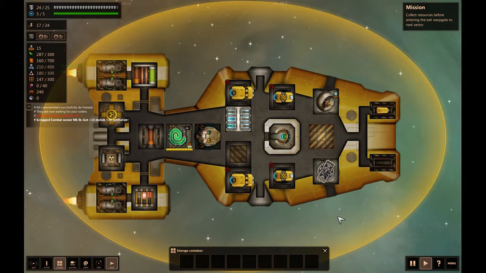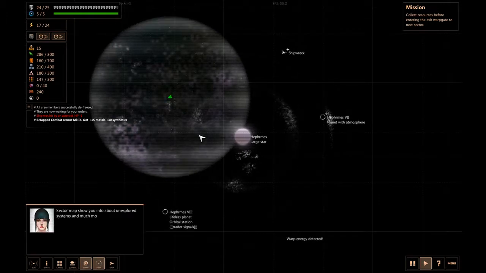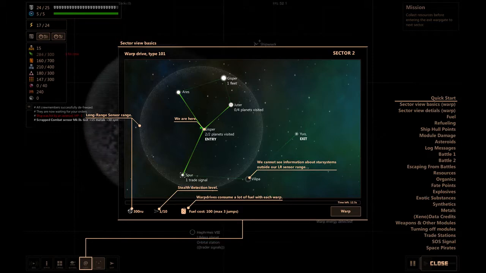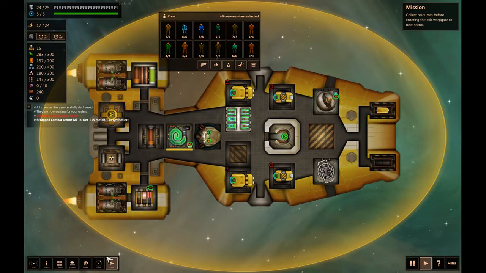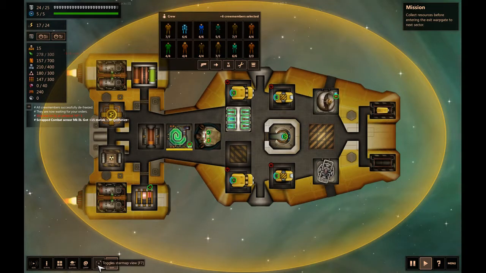15 metals and synthetics. I need to change the... What does that do? Okay. No. Oh, so that opens the ship. That opens the sector. That is E. That opened the crew. Actually...